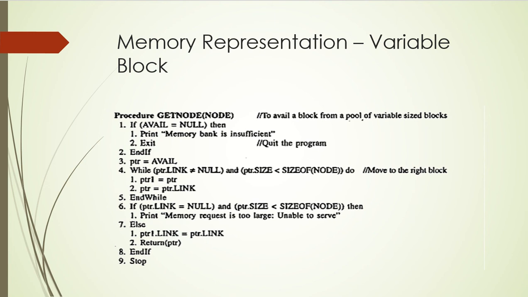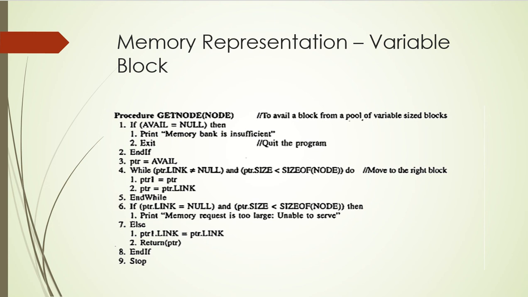So what you have to do, you have to keep the memory bank intact. In that case, you have PTR pointing to the node to be deleted from the memory bank and allocated to the program. PTR1 is pointing to the previous node. So you have to set the link of PTR1 to point to the next node of PTR, which means the link address available with PTR. So at step number 7.1, you can see PTR1's link field is set to copy the address of PTR link, which means PTR1 is now pointing to the next node of PTR. So that's done. The linked list, the memory bank is connected, so there are no disconnections.